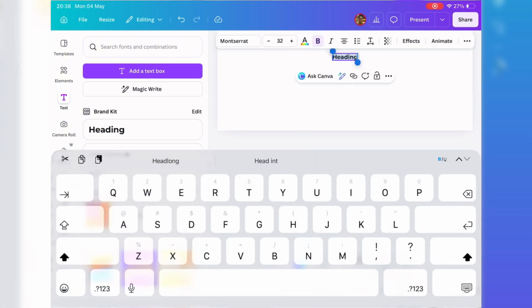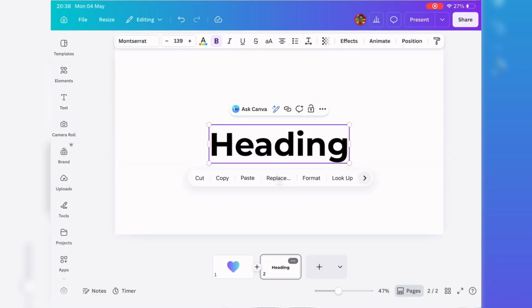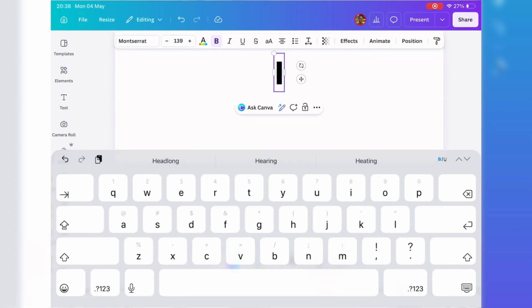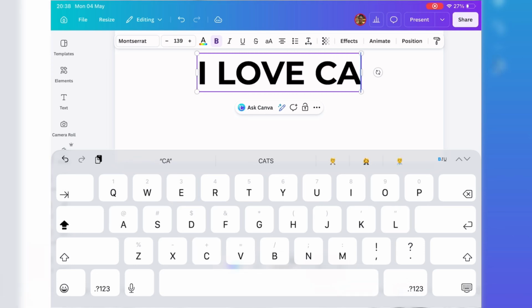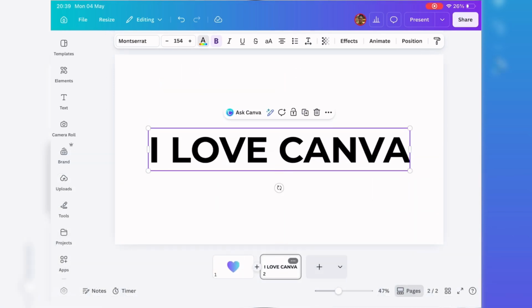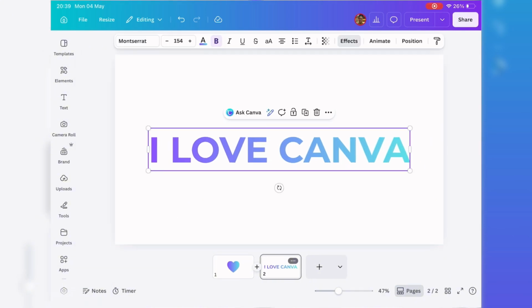So I'm going to add a text box, and I'm going to write some text, just something simple like I love Canva. And I'm going to show you how to add a drop shadow to text so that you can also use this effect in your designs. So I'm just going to type my text. I want to change the color to a white or just a lighter color so that you can really see the drop shadow. I'm going to use the same gradient that I used for the shape, those same Canva colors,